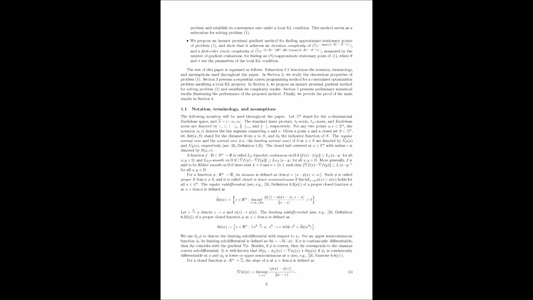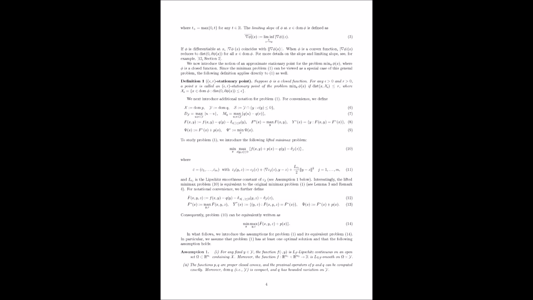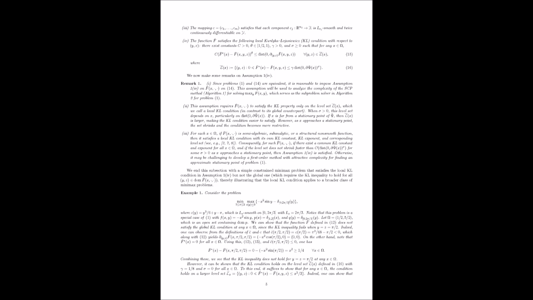Gamma is some positive constant. Sigma is another non-negative constant. And the partial bar is the distance to stationarity for the overall outer problem. So the region in the X where the KL property must hold depends on how close the outer variable x is to being stationary. Yes, as x gets closer to a stationary point, the partial bar gets smaller. If sigma is positive, the upper bound gamma also gets smaller, meaning the level set potentially shrinks as we approach a solution for x.